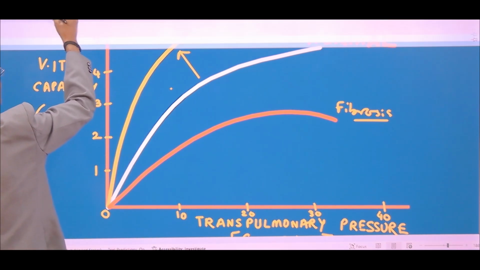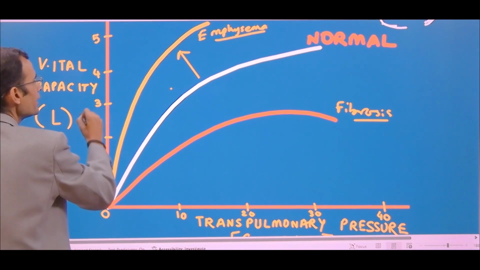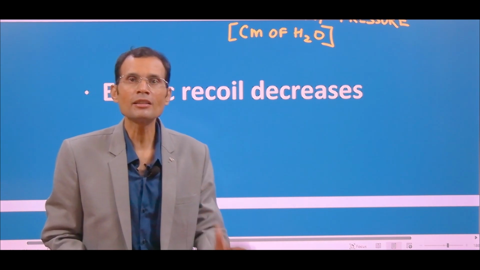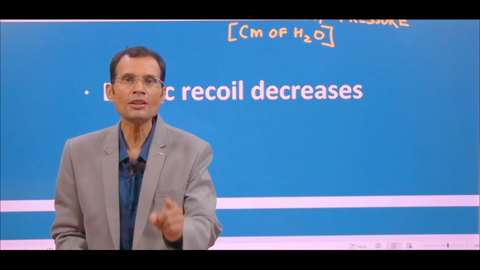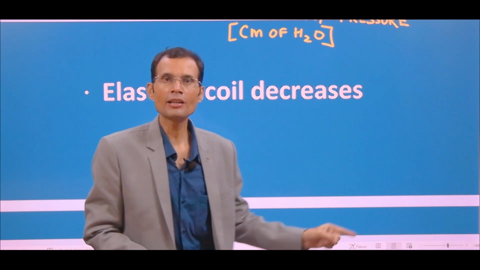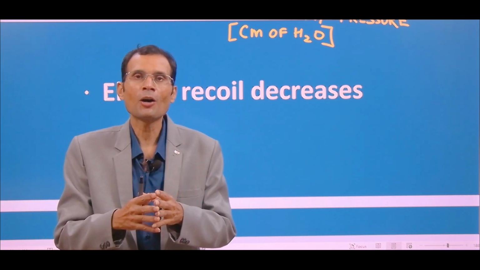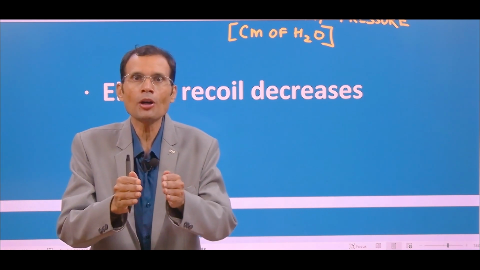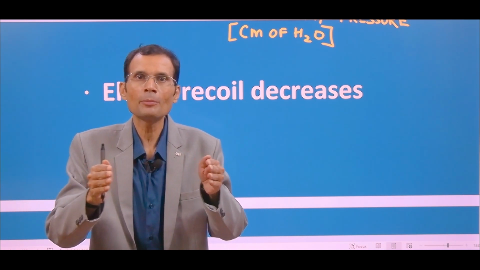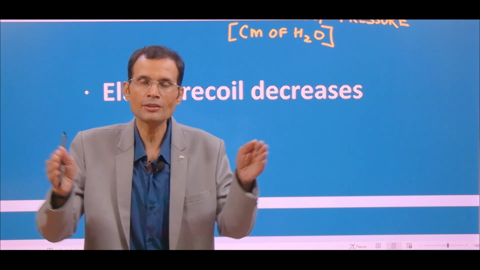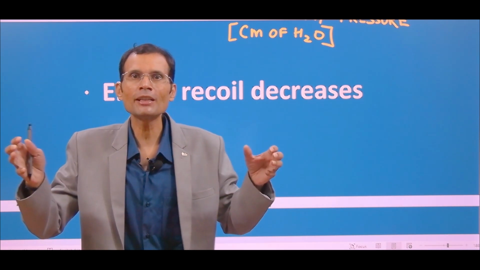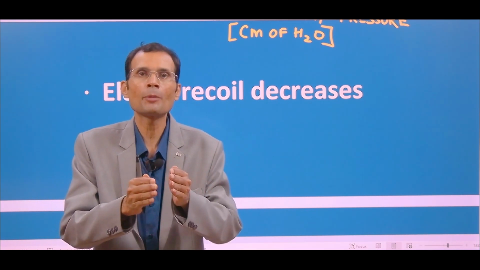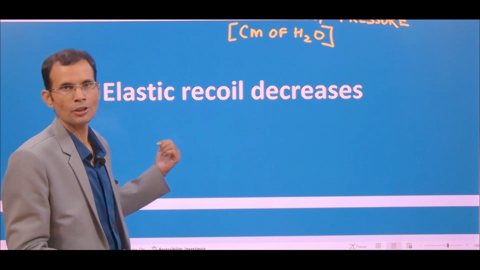And even though compliance, that is distensibility, is increasing, as I mentioned, elastic recoil decreases. Note this point again, another E, elastic recoil decreases. So you can imagine that the lungs are distending because compliance has increased, but elastic recoil has reduced. So most of the problem is during expiration. There is no elastic recoil. That means the lungs will only take up air more and more. Lungs will go on distending and distending. Air is not coming out easily because there is loss of elastic recoil.